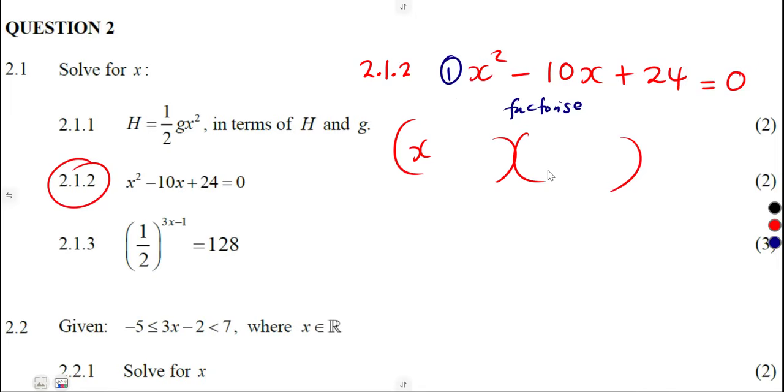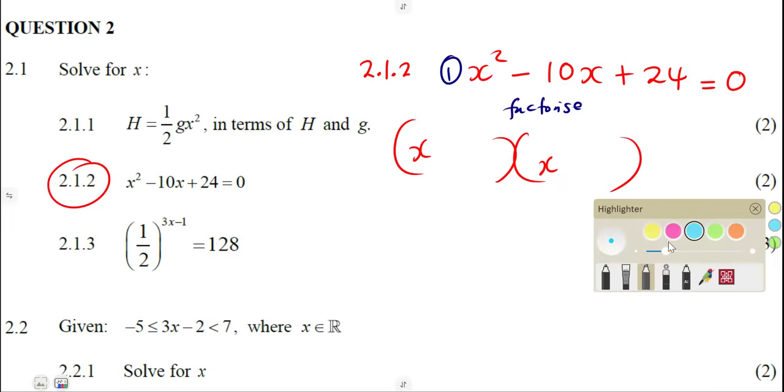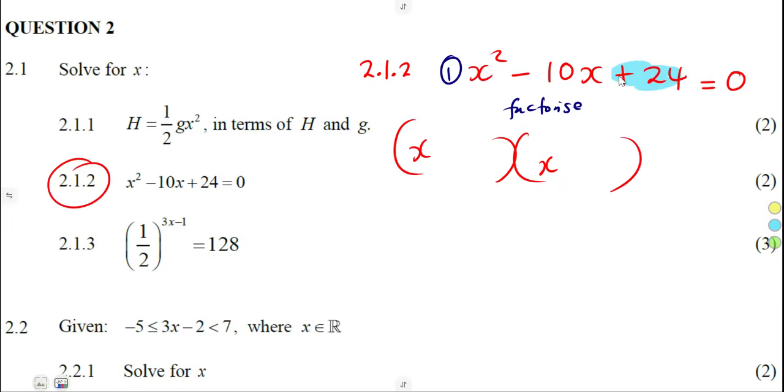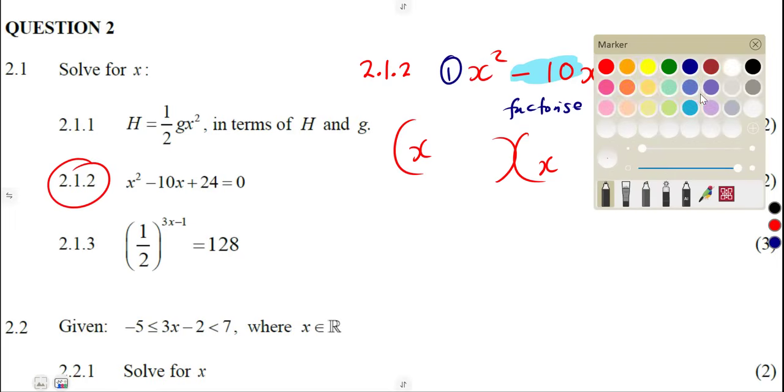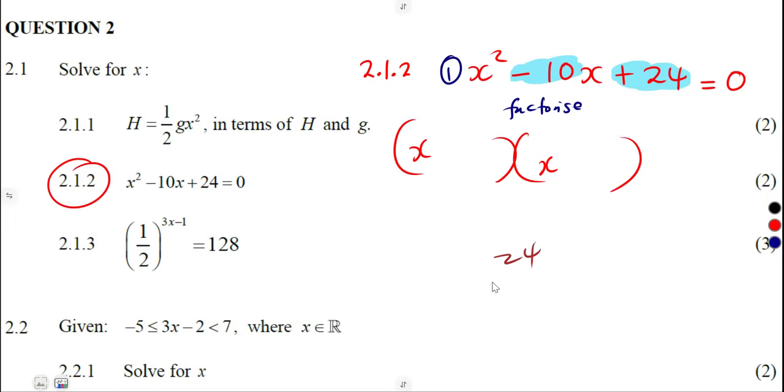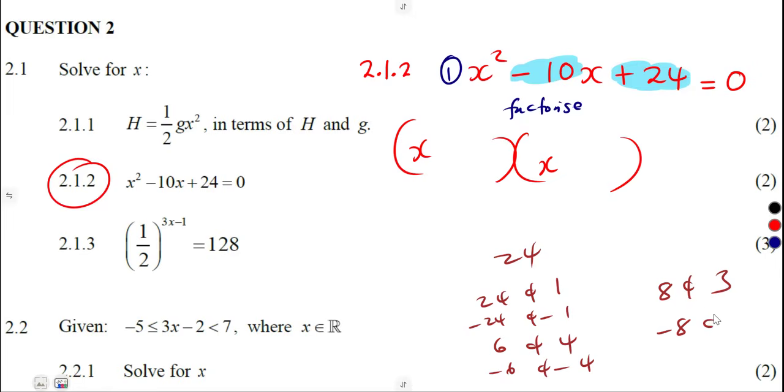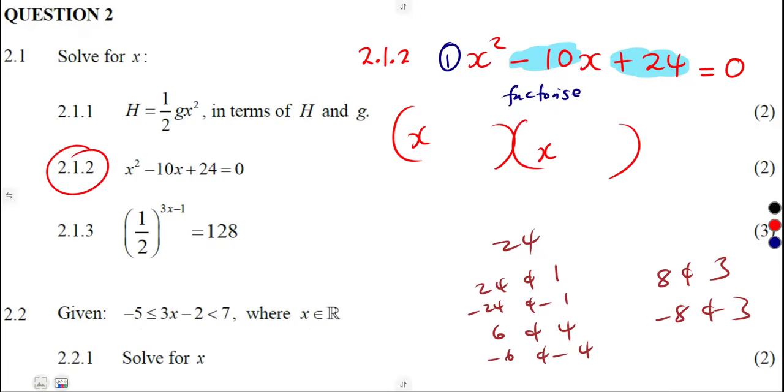So we're going to put x here and x, so that x times x is going to give us x squared. Remember to focus on the constant, positive 24. What are the factors of 24 which add up to negative 10? There are so many factors for 24: 24 and 1, negative 24 and negative 1, 6 and 4, negative 6 and negative 4. We can also consider 8 and 3, minus 8 and minus 3. So many. But of all these factors, which ones, when we add, give us